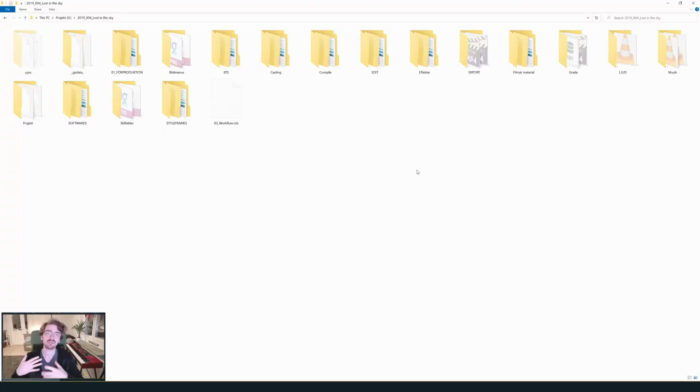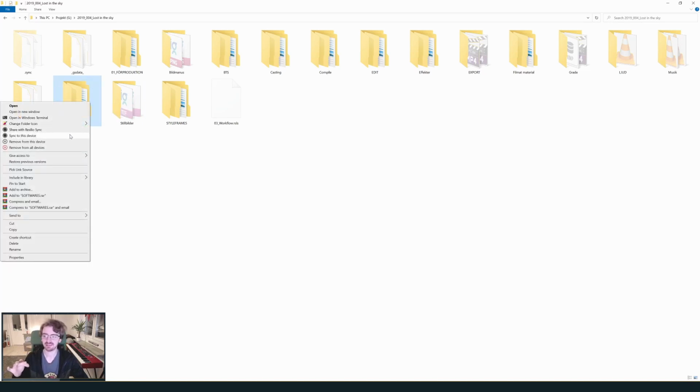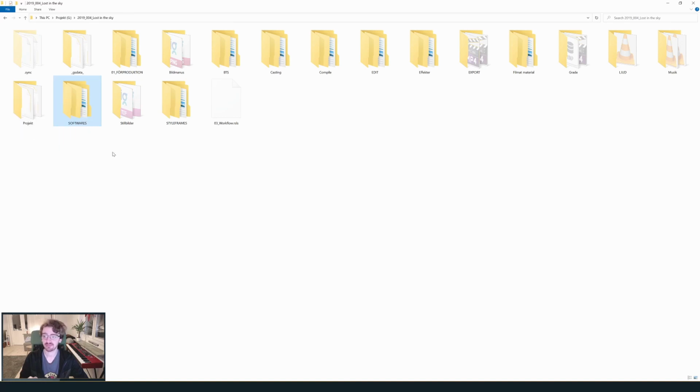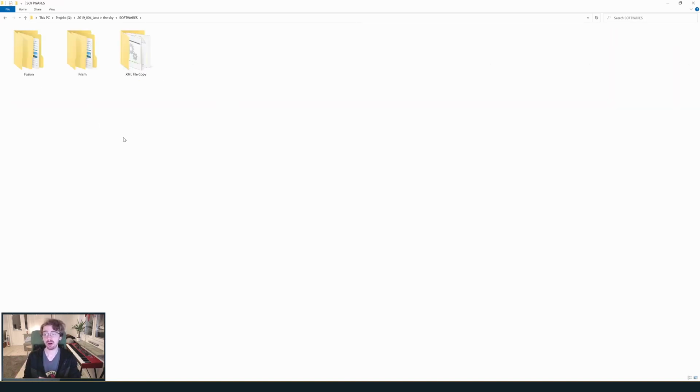So within the Lost in the Sky project folder, you're going to have a folder called Softwares. You can start by right-clicking and select Sync to this device. So all the files within will be synced to your computer. We are going to use them all later on in the video, but right now we're going to use the